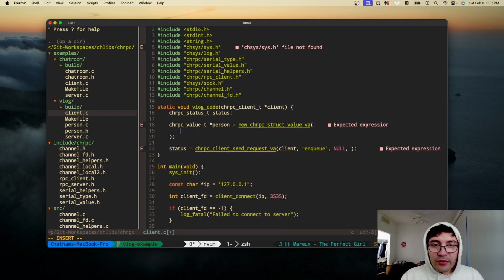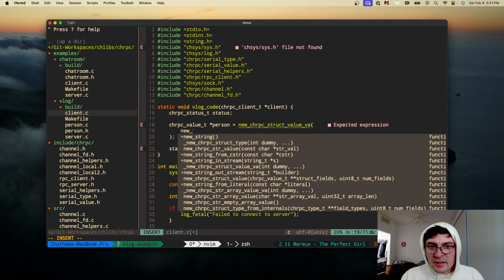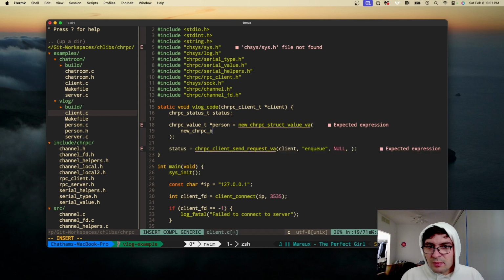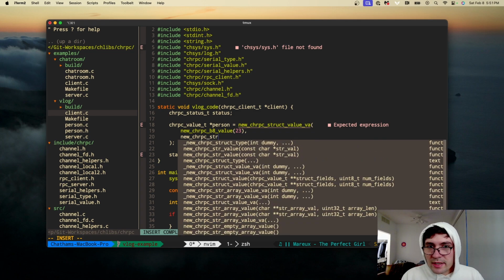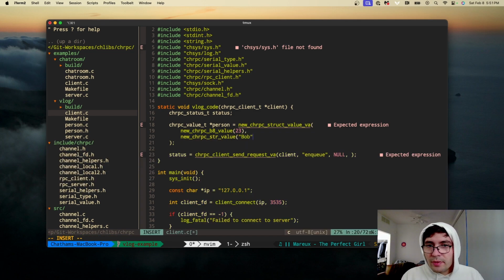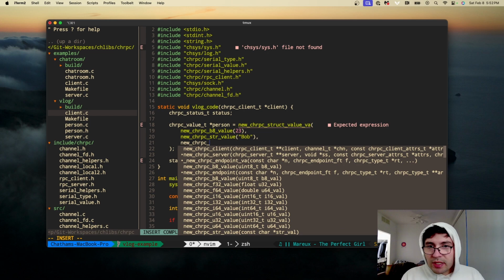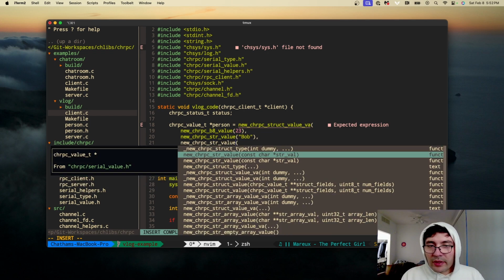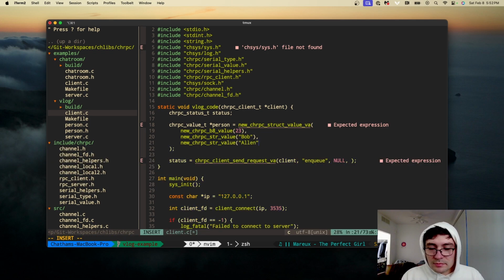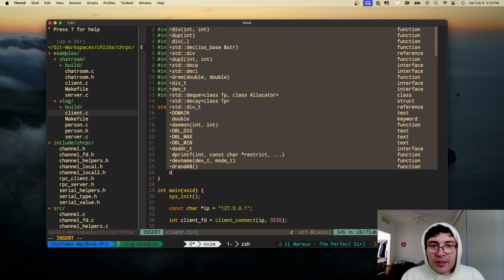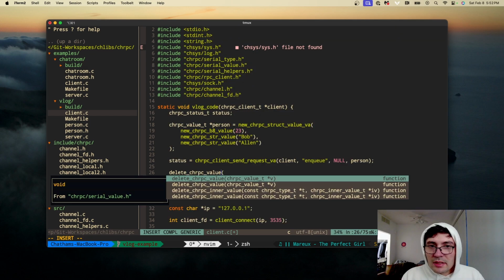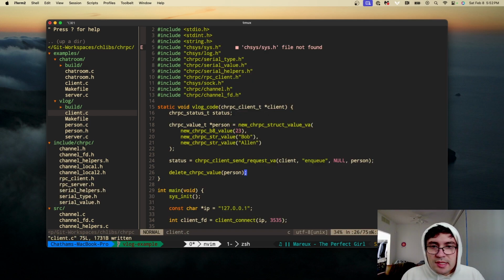Okay, now what we're going to do, same as before: new CRPC B8 value 23, new CRPC string value Bob, new CRPC string value Allen. Now we're going to give this as the argument for person. We are going to delete our value at the end, person. And let's say